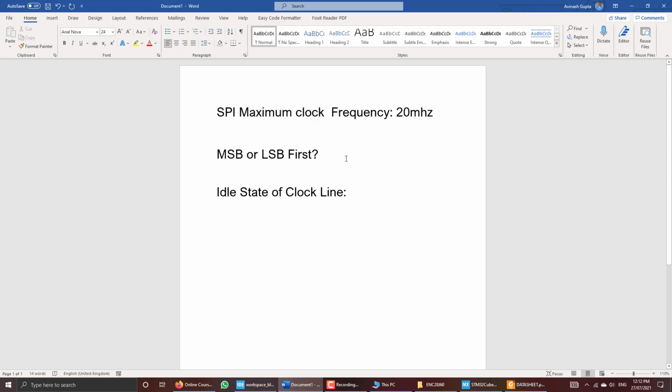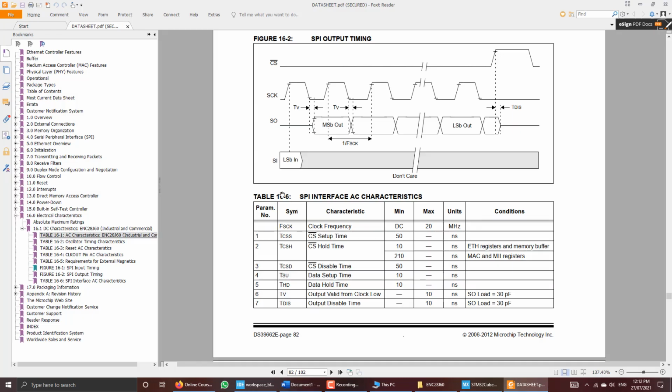Now let us try to find what is the format of data transfer, whether it is MSB first or LSB first. Let us come to the datasheet again. Open this serial peripheral interface section.